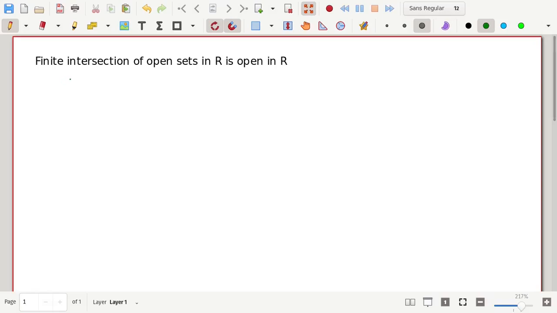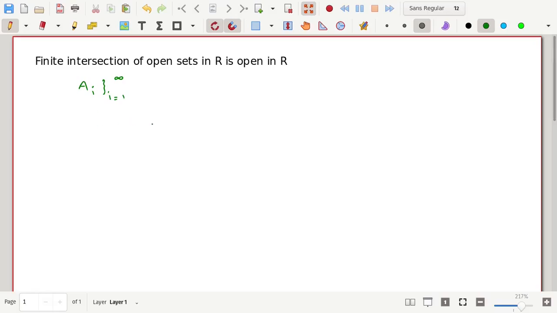For this we are going to consider a collection of open sets. Let this collection of sets be A_i, where i runs from 1 to infinity. So this is the collection of open sets in R, that is A1, A2, A3 and so on.